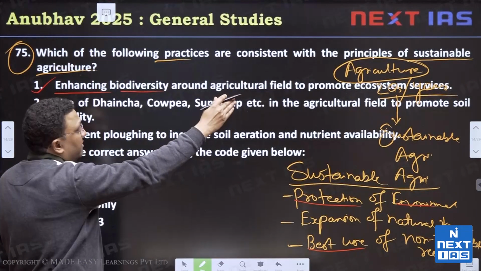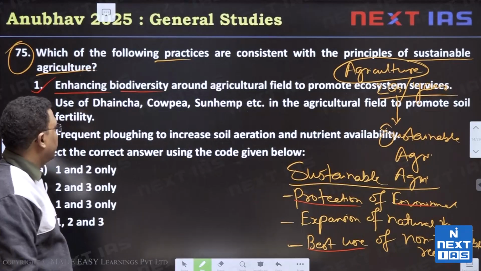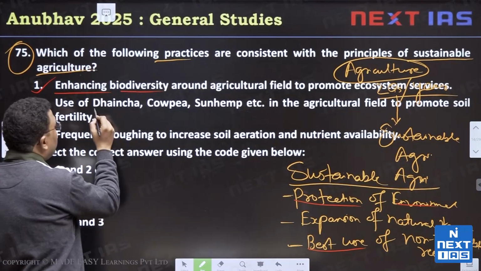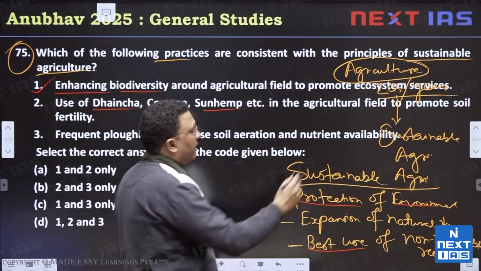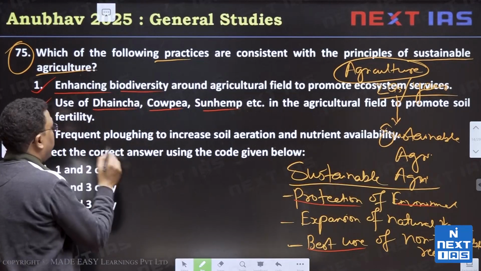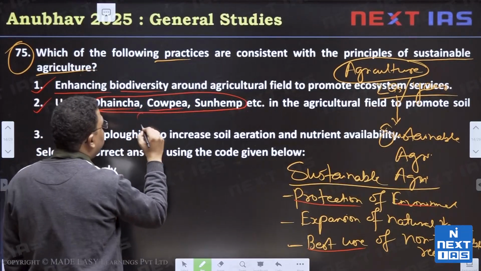So this practice is basically in line with the principles of sustainable agriculture. Let's see the second practice that says use of dhancha, cowpea, sun hemp, etc. in the agricultural field to promote soil fertility. This is also correct. These three are basically very well known green manure,